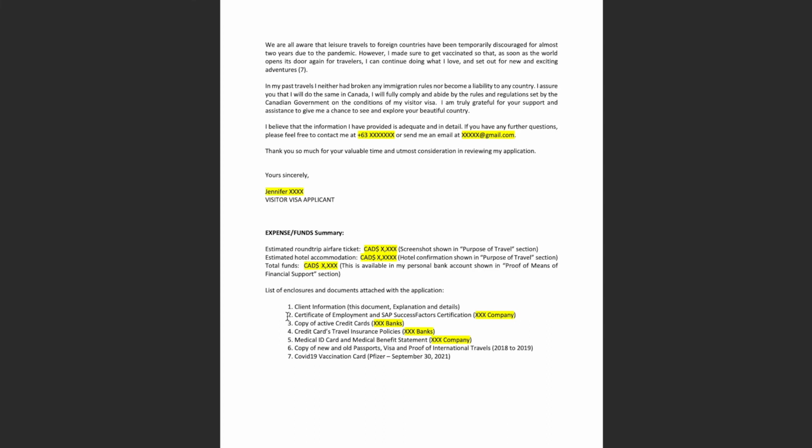And for some applications, what I saw is they have created a table of contents. I think there's nothing wrong with creating a table of contents. It's really up to you, but this is how I designed and structured my application. So anything here from 1, 2, 3, 4, 5, 6, 7 corresponds to the attachments that I had in my application. Alrighty, so I just thought that this might be very helpful for those of you